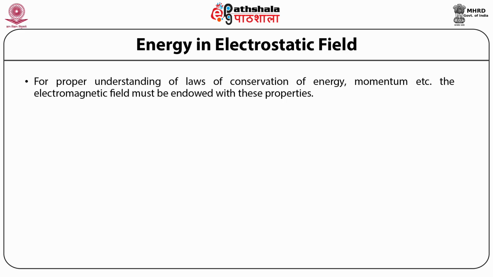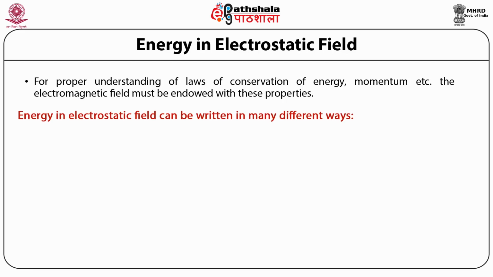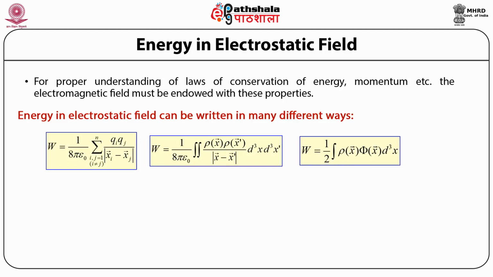We may write the expression for the energy in the electrostatic field in many different ways, with which you are already familiar. One of the very familiar expressions is that W, which also represents the work done, is equal to 1 upon 8 pi epsilon naught times the summation over i and j going from 1 to n, where i is not equal to j, of q_i q_j upon modulus of vector x_i minus vector x_j,